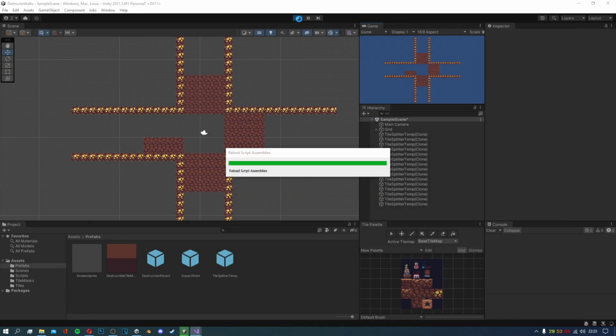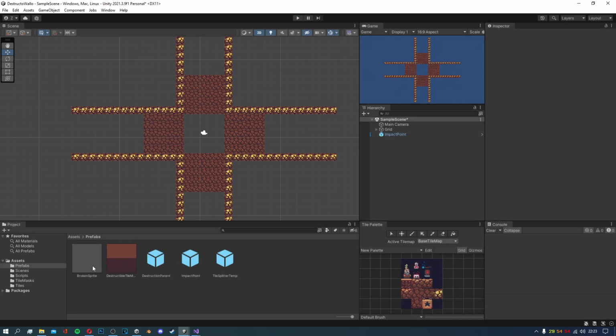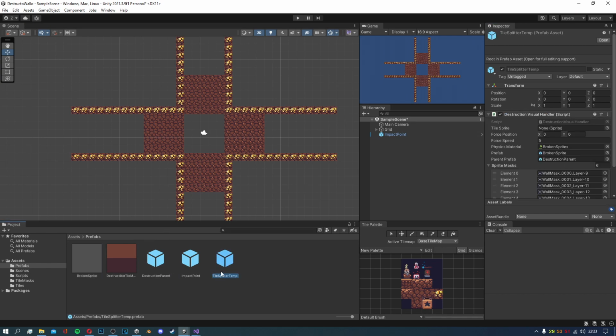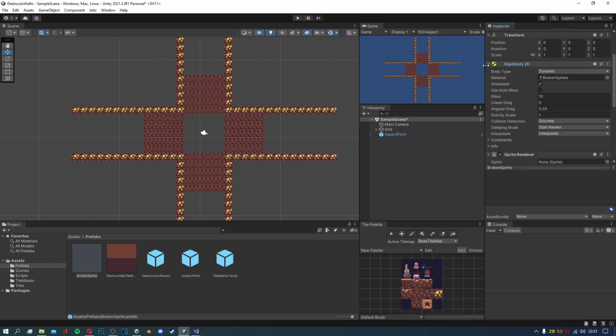There we go, and let's just test that again. Perfect. So now if we want to add more impact, we can head into the tile splitter temp and we can just change the force speed. So let's say we want to, actually let's keep that as 5 and let's go to the broken sprite, into the rigid body. The mass is already 10 apparently. Okay, so let's